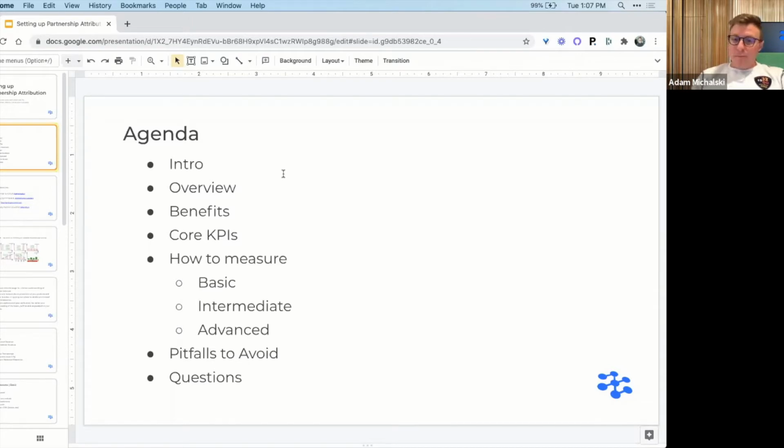And then we'll wrap up with just some pitfalls to avoid, given my experience in the space. And then any questions, but again, for the questions, feel free to jump in live there too. So let me stop here for a second. Anything that anybody wanted to add, alter, adjust to this agenda, we can keep it flexible.